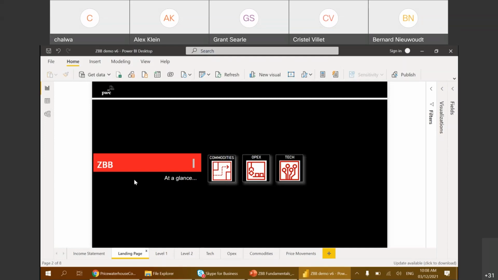Yeah, Grant, if I can come in there, I think you make a great point. Part of the reason why the budget or the forecast becomes outdated so quickly is because it wasn't really linked to fundamentals in the first place, whereas ZBB will give you the opportunity to link that. So it's more likely that it will not be outdated as quickly.